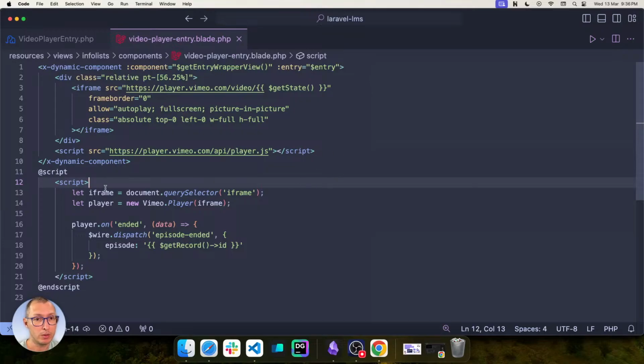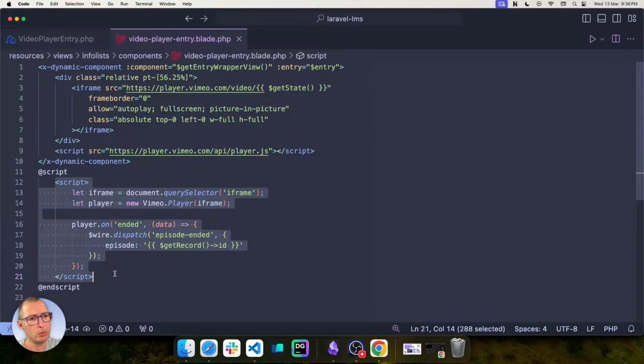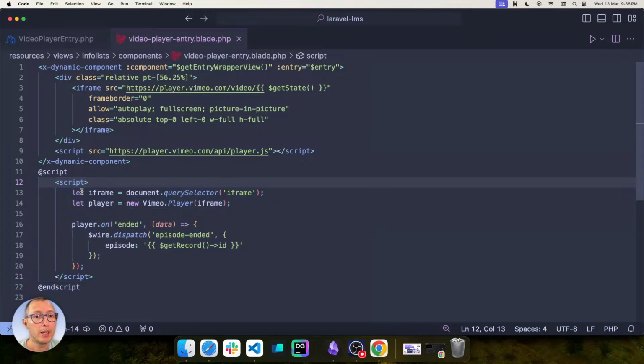So if I put the two in there, it's not going to work. But what happens is that this section here loads according to the life cycle of the Livewire component. So this part is supposed to work accordingly. Problem is that in here, I'm making reference to the Vimeo player object, and this Vimeo player object loads in here in this section. What I think is happening is that when I trigger the reactivity of the Livewire component,